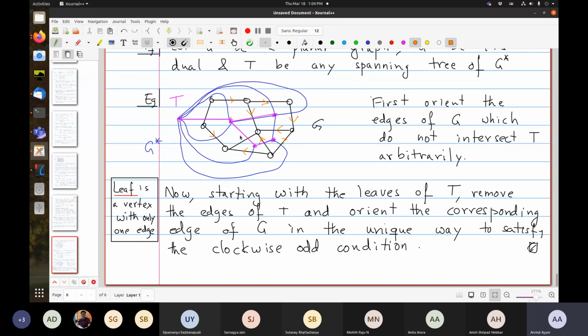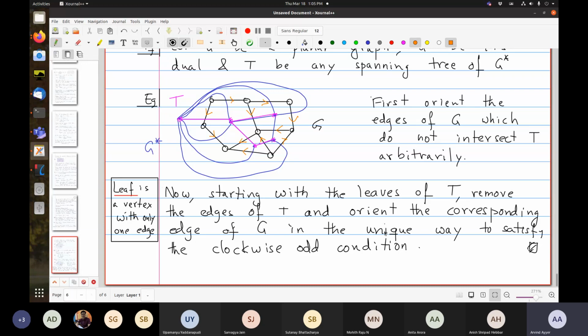Then when I remove this, I look at this face. This was not a leaf earlier, it's a leaf now. When I remove this, I go clockwise around this. This is not clockwise, clockwise, so it's already clockwise 1. So I want to make this in this direction. Now I'm left with only this pentagon. When I count, I say 1, 2, 3, 3. So I orient it this way, and I'm done. The key point is that there's one choice at every stage.